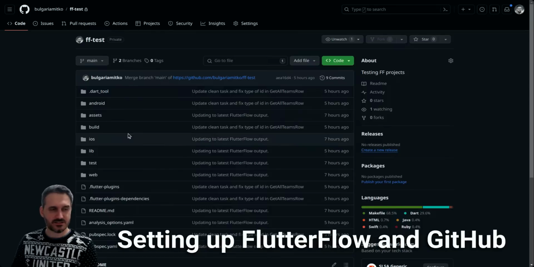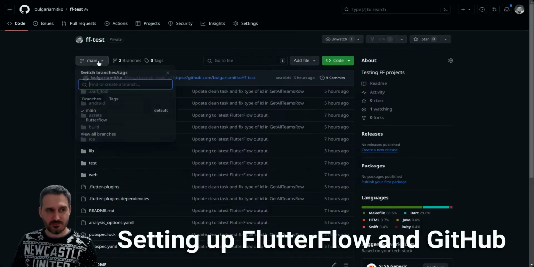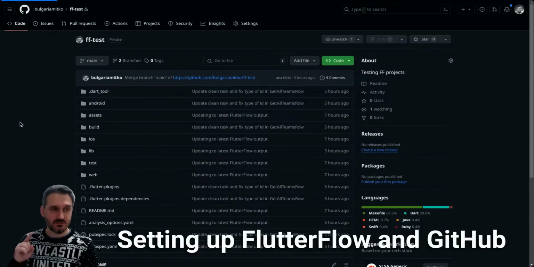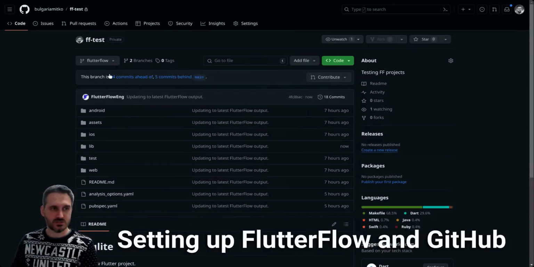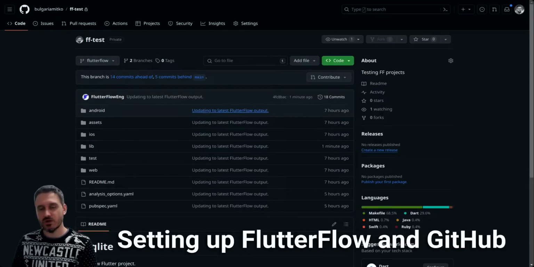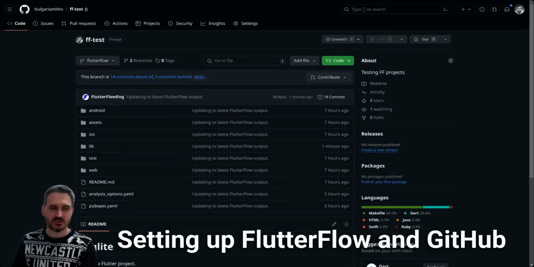Actually, mine isn't empty because I merged it. That's why you see some files, but yours will be empty. And then the FlutterFlow one will be the one that is going to be updated. And this is very important to know. And this is everything that you need to do on the FlutterFlow and GitHub side. So let's actually move to